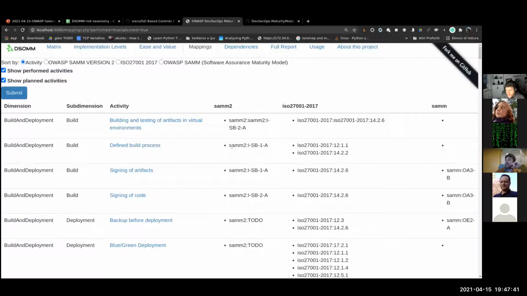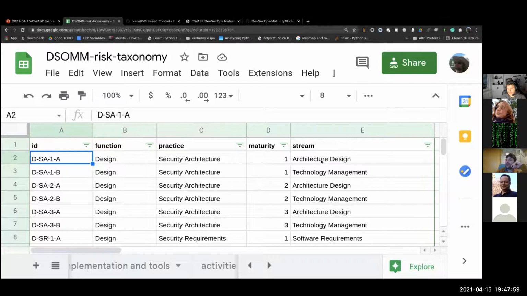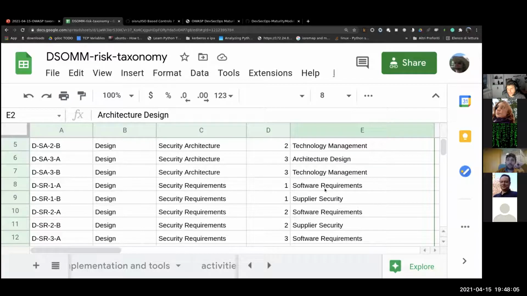And another interesting thing that we can do with this kind of mapping is that since I have a reference that this kind of activity is related to the stream architecture design, or another stream is software requirements, I could even use this mapping to make backward references. So I click on software requirements and get all the activities related to software requirements, even if I don't know if